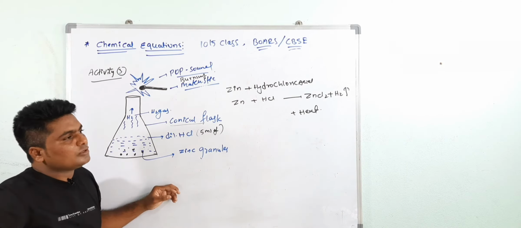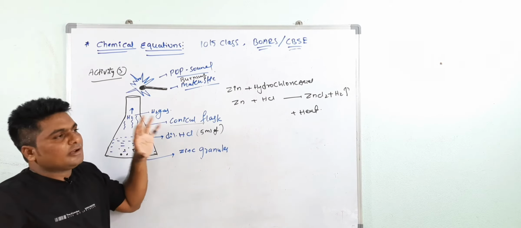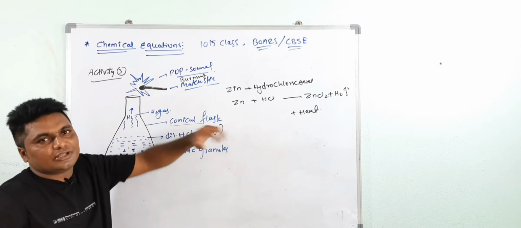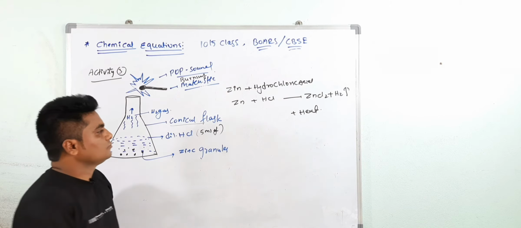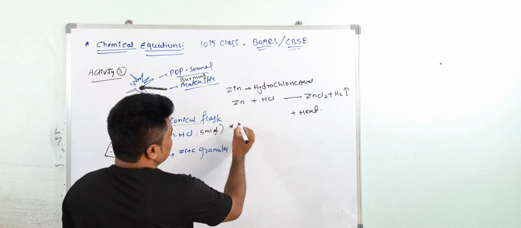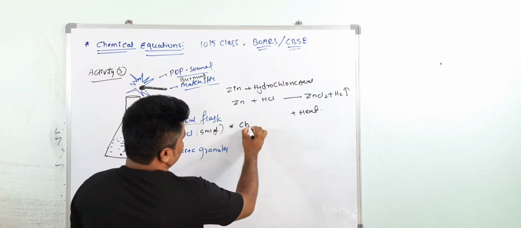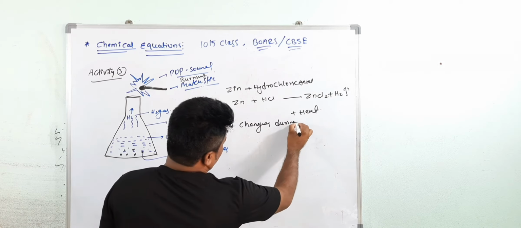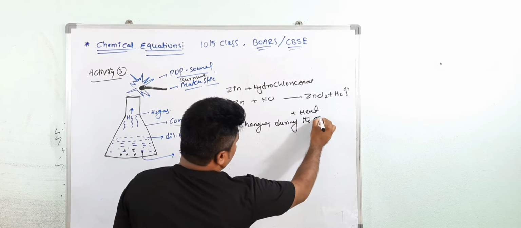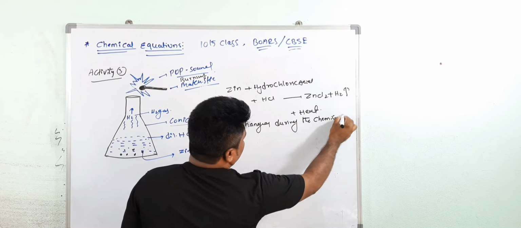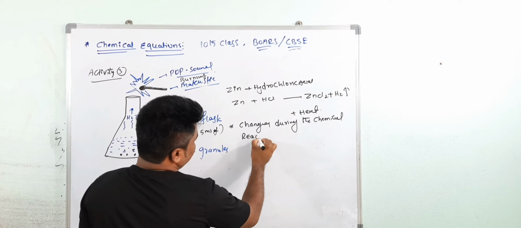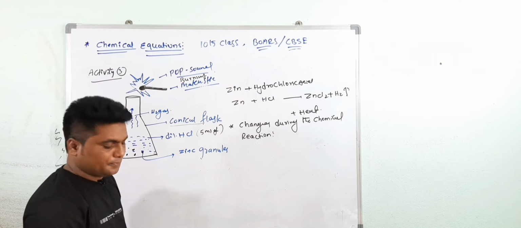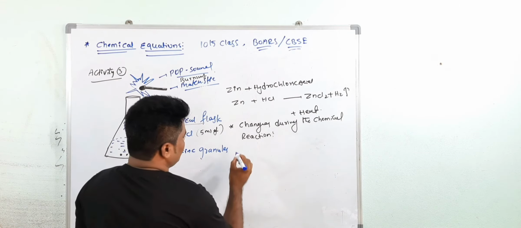Here we can conclude that during a chemical reaction some changes take place. So what are the changes which take place during a chemical reaction? Changes during the chemical reaction. Now tell me, what are the changes that have been seen here? First change,